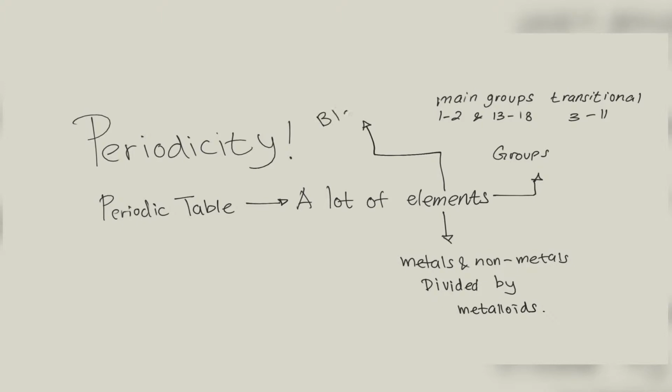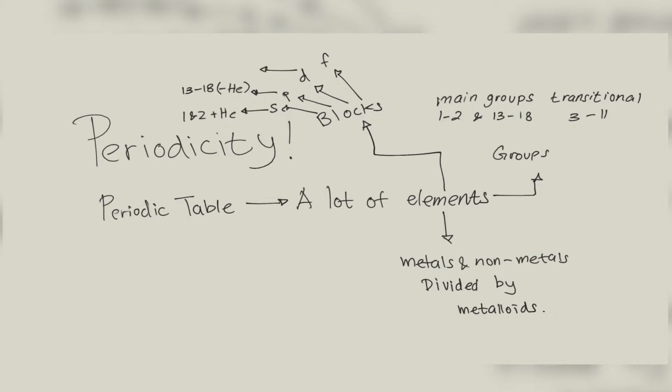There are also blocks. The periodic table of elements is divided into 4 blocks, which are the S block, P block, the D block, as well as the F block. The S block consists of group 1 and 2 as well as helium added. P block consists of group 13 through 18 with helium removed. The D block consists of group 3 through 12